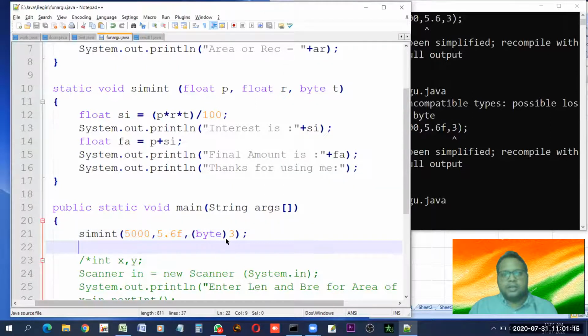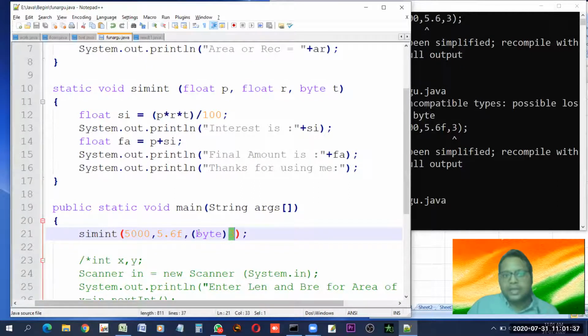It was telling that 3 is an integer, of course, because for 3 nothing is specified about what kind of data it is. So by default, it understands integer. But as we have designed the function to save memory, to save RAM, to optimally utilize the memory, we have taken it as byte. It is not recognizing it as byte because for 3 it is not declared what kind it is.